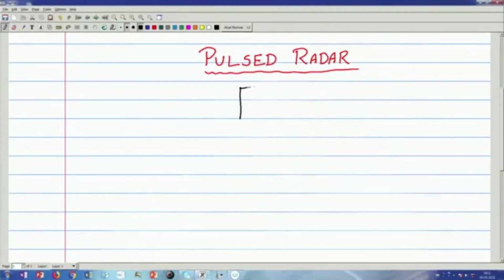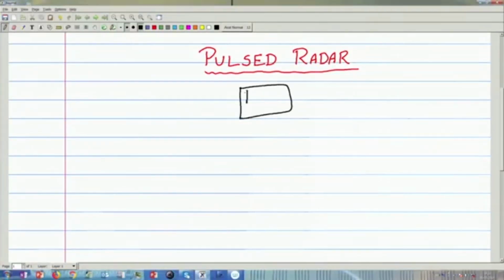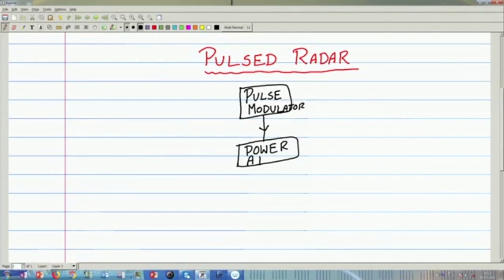So, first there will be a pulse modulator, then if the pulse is not of high power, you require a power amplifier,